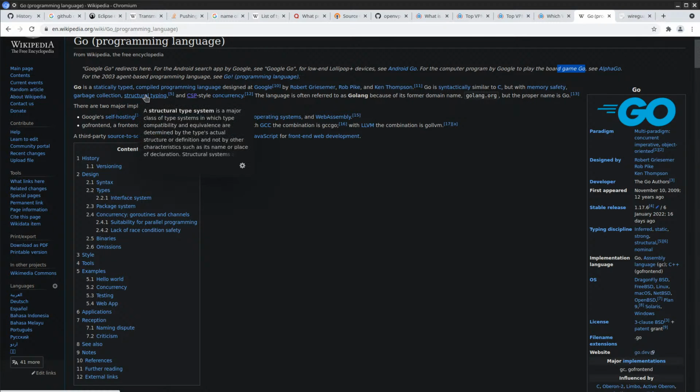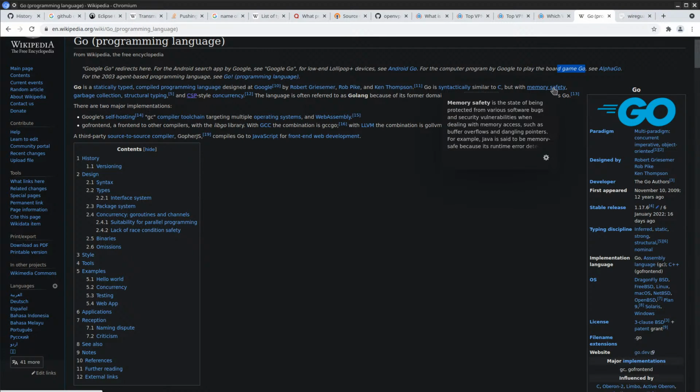Structural typing, not really sure. Garbage collection, I know. Memory safety, not really sure what they mean by this. Well, not exactly, at least. Oh, I guess it doesn't really matter all that much.